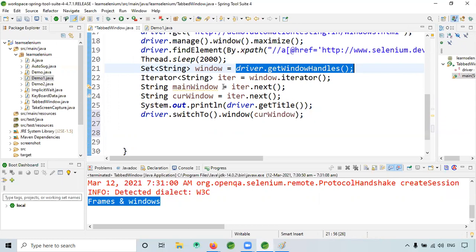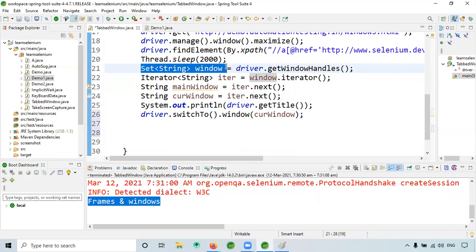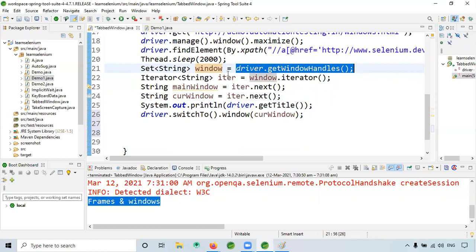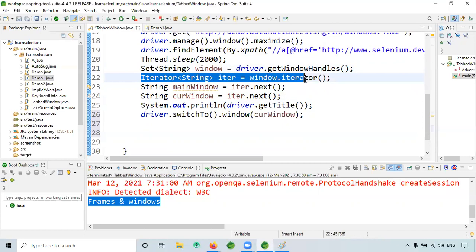Can you explain this code one more time? See, what I'm doing is calling this window handles method to handle the tabs. I'm storing the result in the set interface, because I don't think you can store this in a string or integer. Next, I'm using something called an iterator.